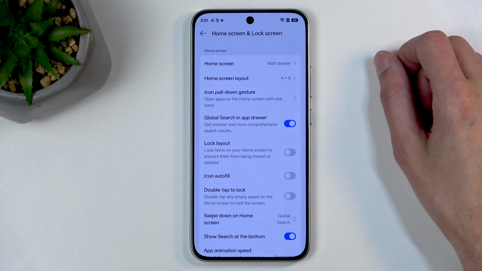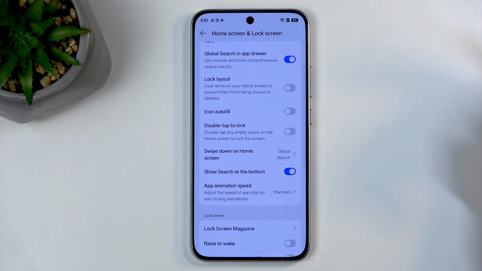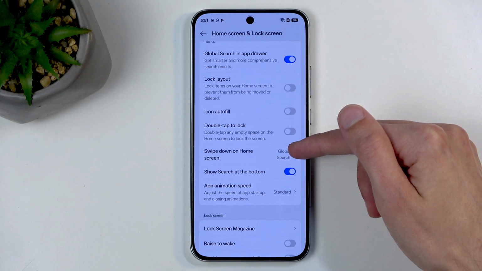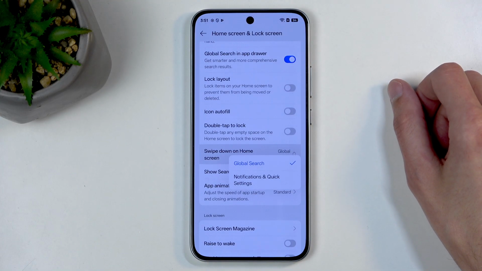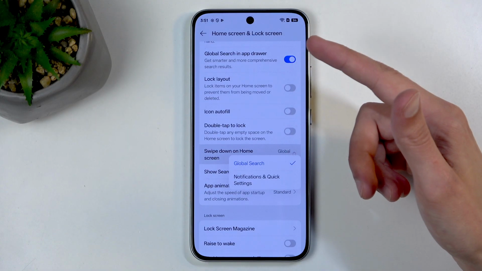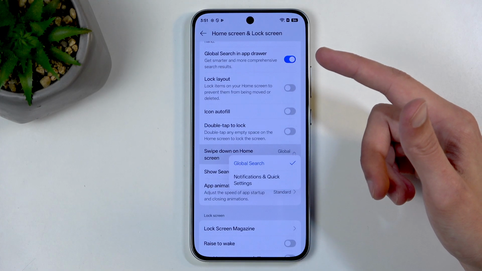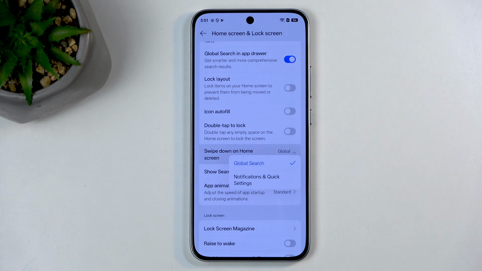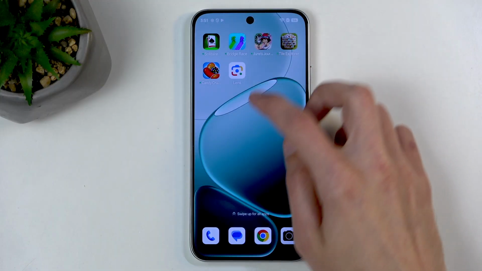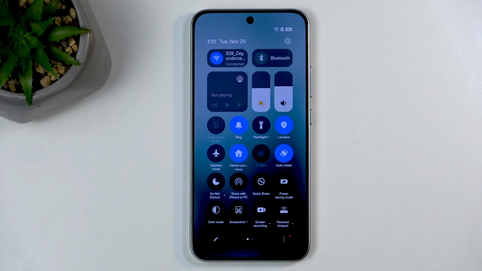So, great. Anyway, the option that I was actually looking for is the swipe down on home screen. And here they actually know what swipe down is. So, swipe down, pull down are sounding the same, and yet they're in two separate directions somehow. Okay then, anyway, in here, the swipe down has a nice option, one that I prefer over the default one, which is the notification and quick settings. So whenever you swipe down now, no matter where you are,